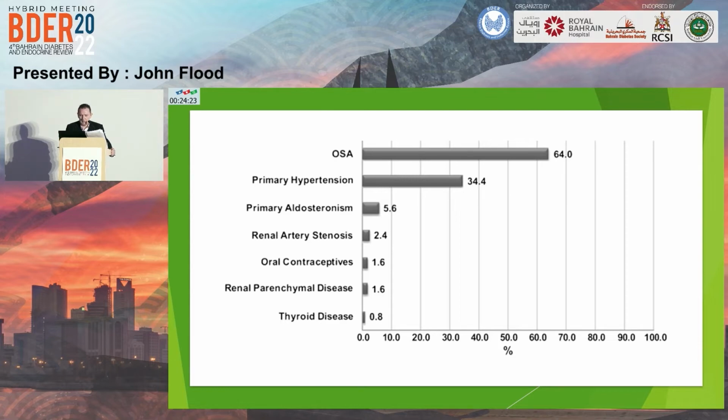down to 34%. And with the increased incidence of obesity and obstructive sleep apnea and the associated hypertension and metabolic syndrome, that has now become the predominant cause or association of hypertension, which is 64%. Primary hyperaldosteronism, which we're going to look at in a minute, on this particular slide is 5.6%, but a large number of endocrinologists who have done a lot of research in this area have actually shown that 1 in 5 people with hypertension, in other words 20%, have actually got a Conn's adenoma or adrenal hyperplasia in the background as